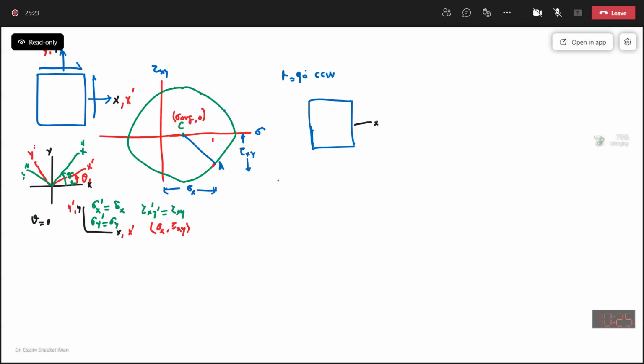See your regular x-axis and y-axis. Let's make the element in the base. This is x, this is y. When you rotate your element by 90 degrees,